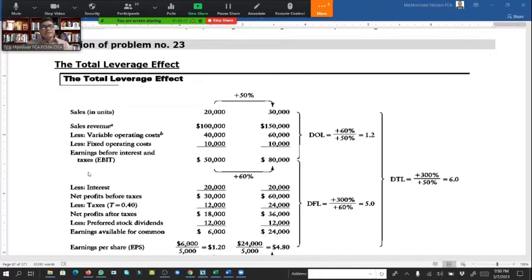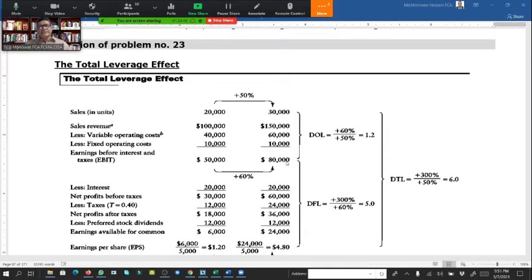So but it's another assumption, that means fixed cost is always fixed in total, but it is variable per unit, because if you produce more, then the per unit fixed cost would be less. So here we have to deduct the fixed cost 10,000 in both ways. So earning before interest and tax, we will get EBIT here